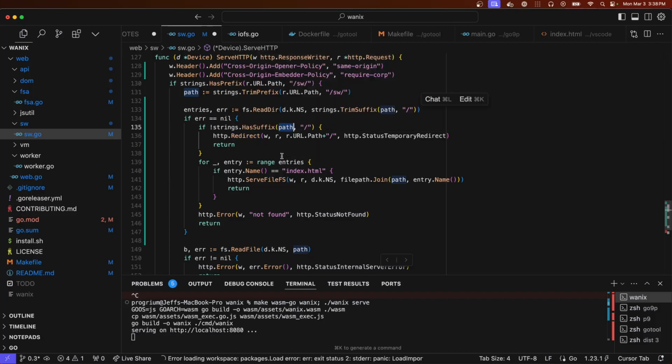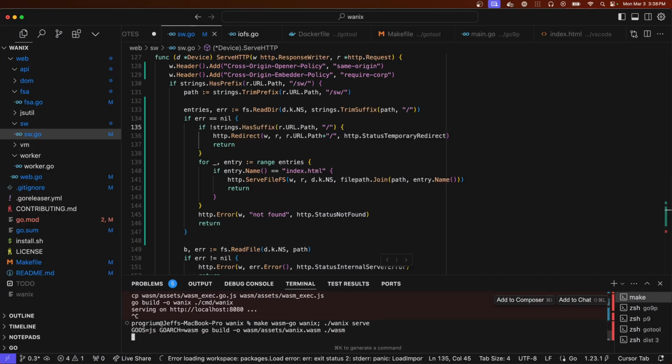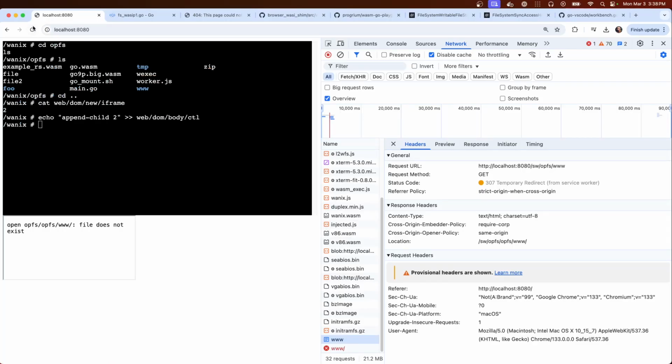Trim and prefix. All right, we've got it this time.